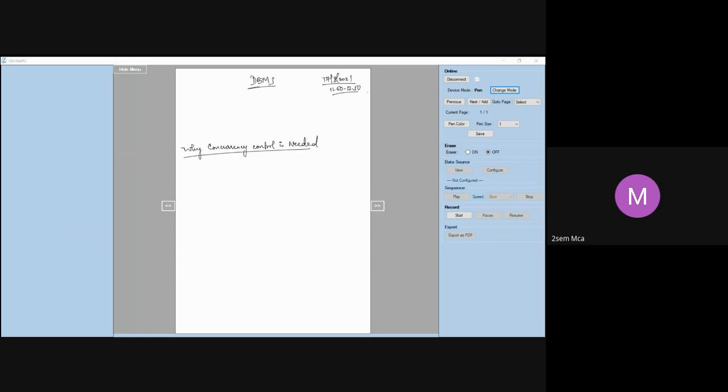This cannot be managed manually, so you need some kind of software module to deal with this simultaneous access of the database by hundreds of thousands of users. That is why you require a concurrency control module.